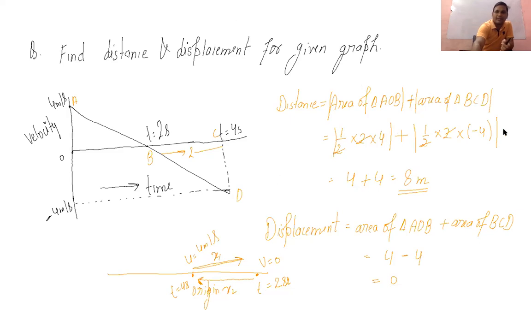Coming to the other graph, that is the acceleration-time graph. We will not see different types of acceleration-time graphs. We will see what information we can draw from the acceleration-time graph, because the slope of an acceleration-time graph gives nothing. Okay, coming to the next page, have you done it?